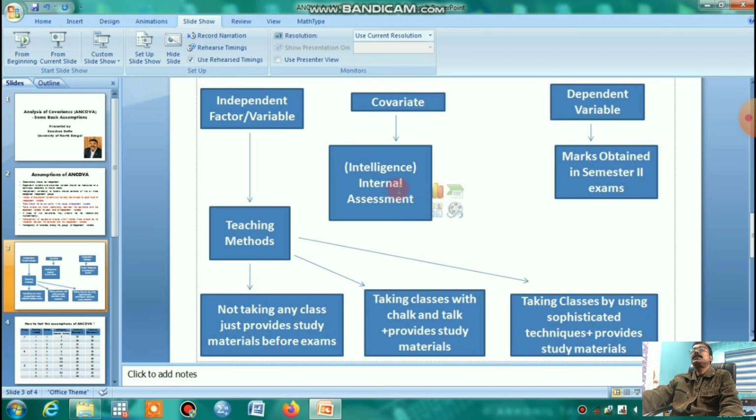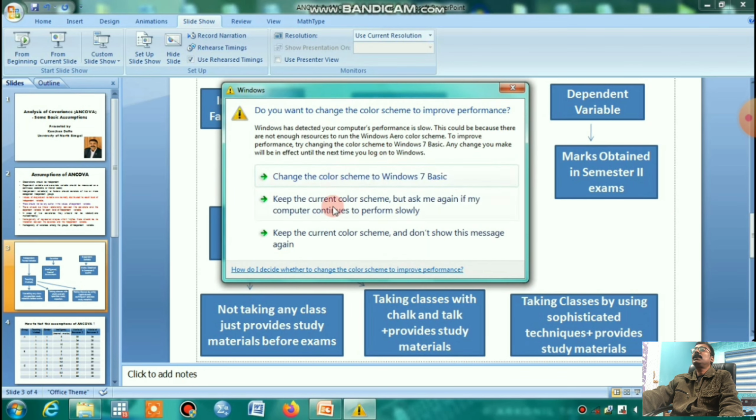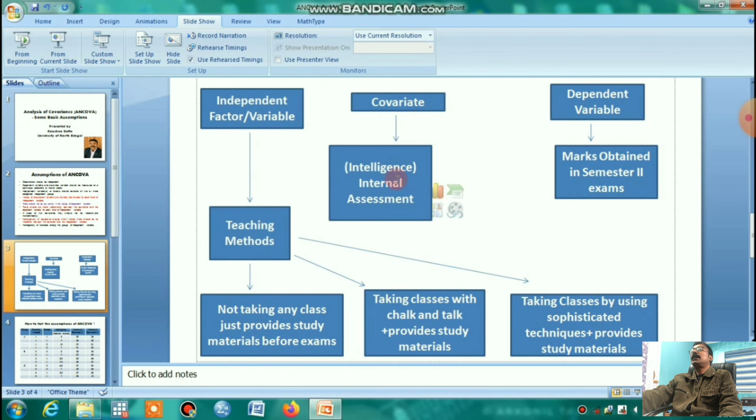Now, the question is, if we include this basic level of intelligence in the analysis of ANOVA, then it becomes ANCOVA. If we do not consider this covariate, this is simple ANOVA. That means, does there exist any mean difference in marks among the three groups of students trained by different treatments, that means different teaching methods?